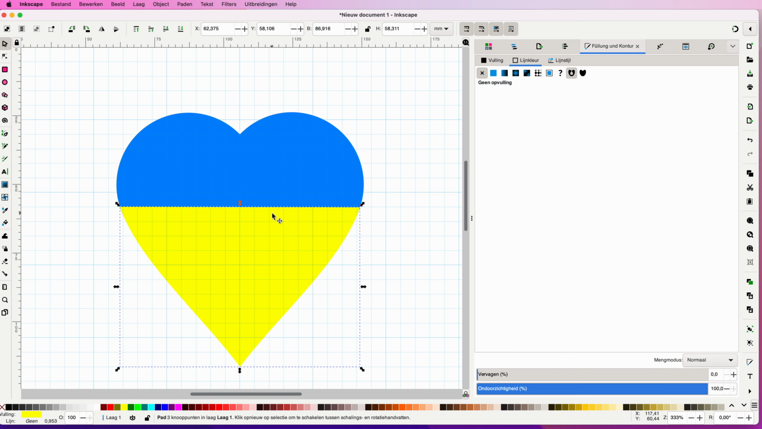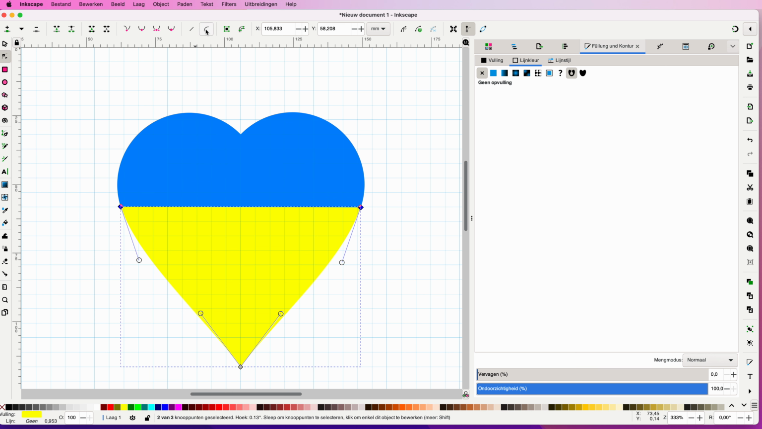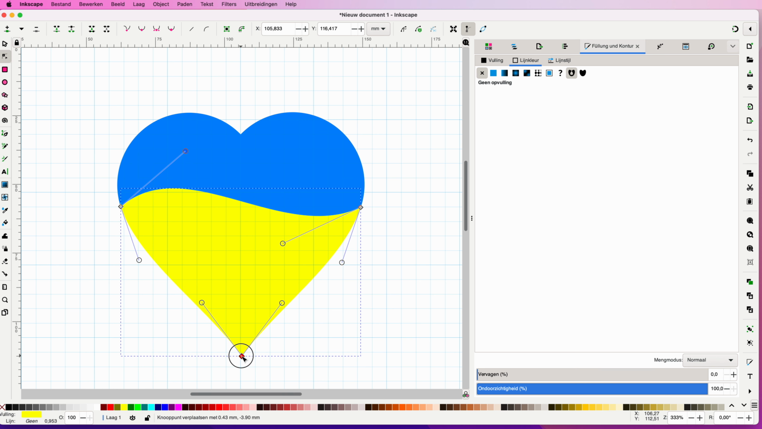We can also change this one into a curve when we are in the node tool. So we go to the node tool again, and then we'll choose this one, and you see those two are selected, and then I'll change that into a curve as well. And then we can make it a little bit more dynamic this way, whatever you like. And this yellow part is a little bit large, so I'm going to put this one on the top,